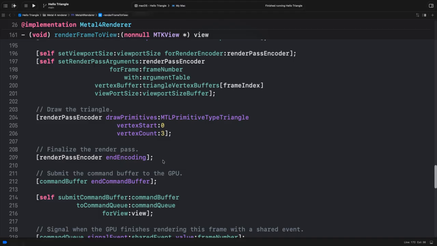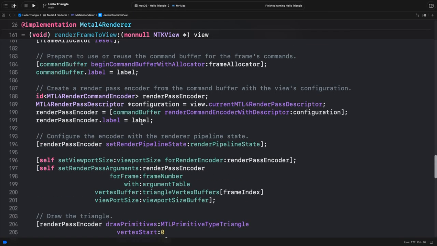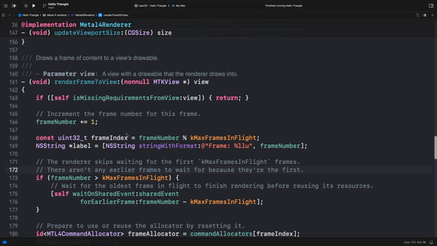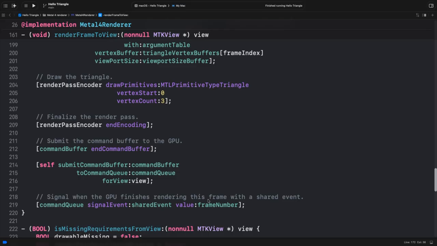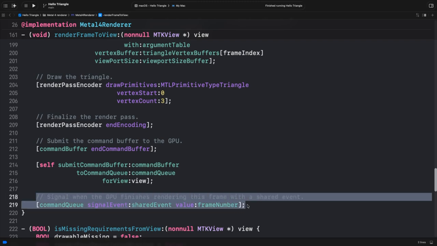Okay, but the thing about it is that once we do all of that stuff, we're still in the render frame to view. Once we have done all that stuff, we then submit the command buffer to the GPU, right? The GPU now has all instructions and it knows what it needs to do. It needs to render a frame, and that's what happens as we see the triangle rotate. But the very last thing is that we have signal when the GPU finishes rendering this frame with a shared event. So this is a synchronization. See, it says signal event. This is a synchronization